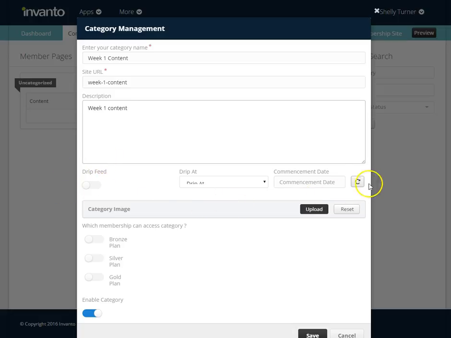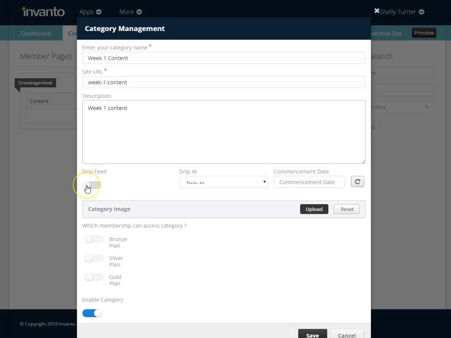This area right here allows me to do something called a drip feed. Let me explain to you what a drip feed is. When a member joins a membership site, sometimes all of the content may not be available to them right away. You may want to do something called drip feed, and that's where you choose to release your content in a timely manner.